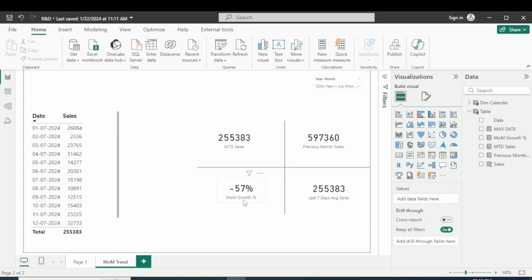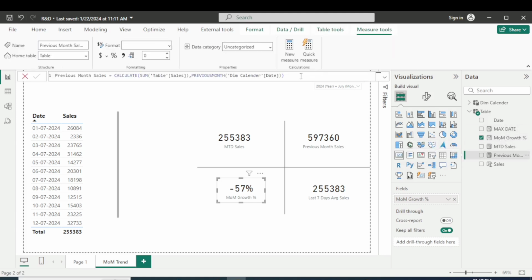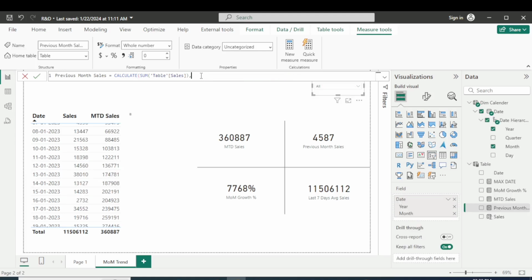Actually, to calculate the real MoM growth, I have to make a dynamic measure here, which will calculate these 14 days of sales of July and compare it with 14 days of sales of the June month. This will give me the correct value. So to calculate this, I have to modify my previous month sales measure. I have already calculated the total sales sum. So instead of this, I will use here total